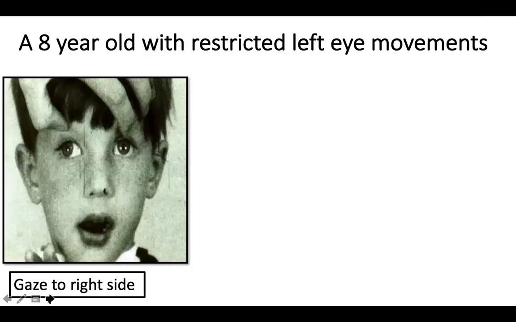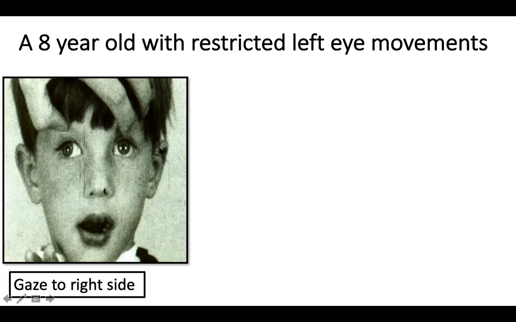So another scenario where you can come across restricted eye movements, also with significant treatment implications. Like in this child, there was a 2-week history of double vision with restricted movement of the left eye. This child has restriction in looking towards the right side while checking version, but the individual eye movements are okay. So how would you assess this? Individually, right eye movements are okay. Individually, left eye movements are okay.